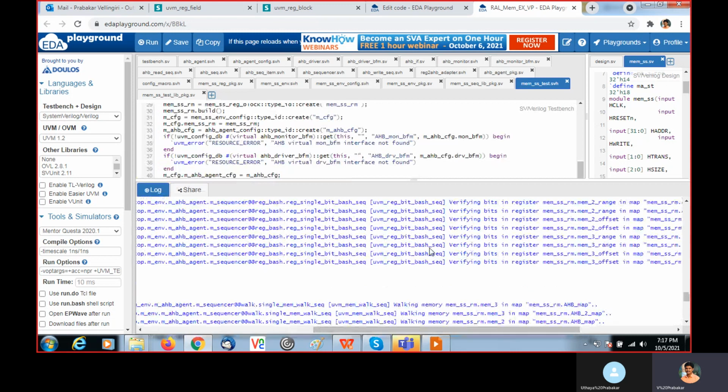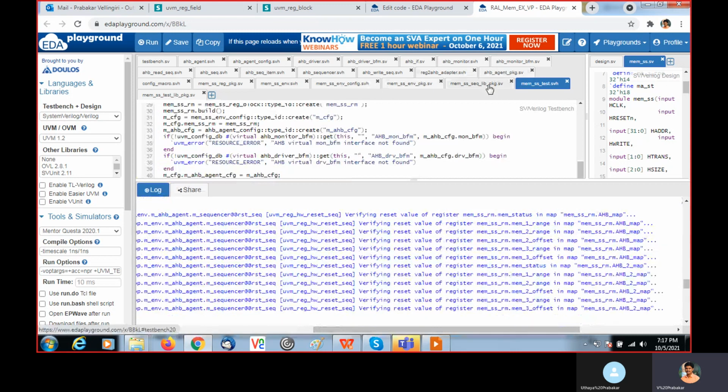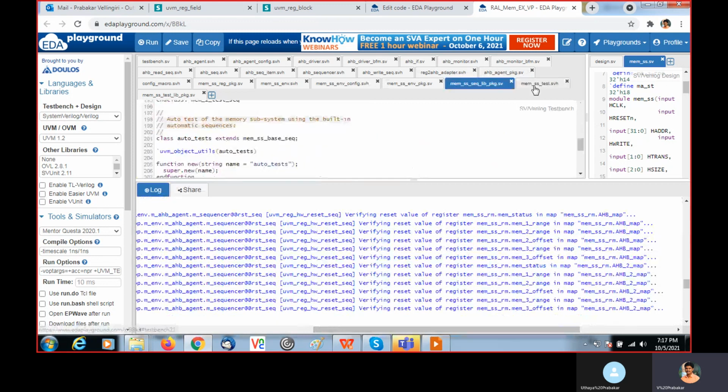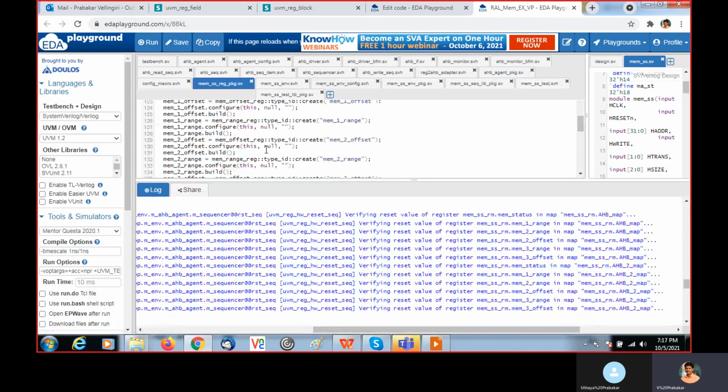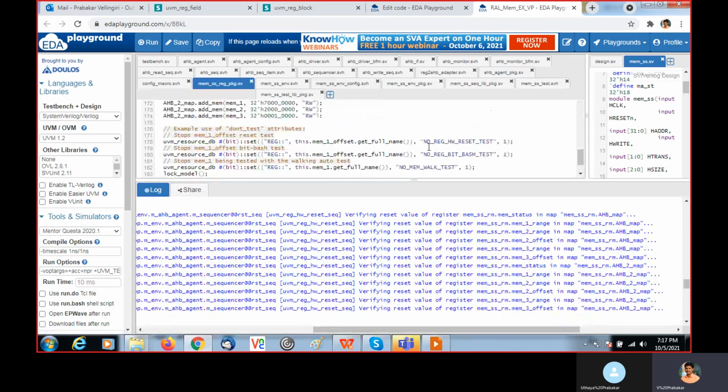Here inside this register package, we said no register hardware test as one for offset for mem1. So it is not performed.